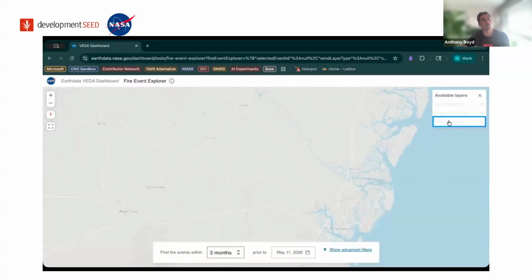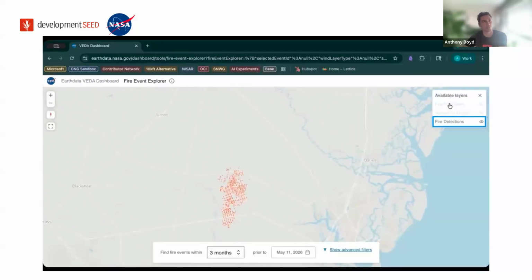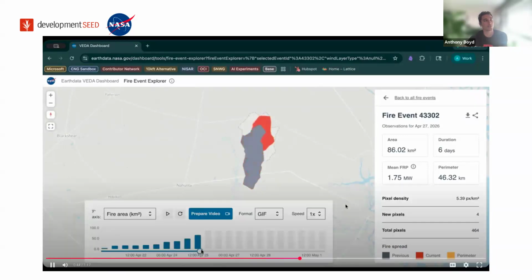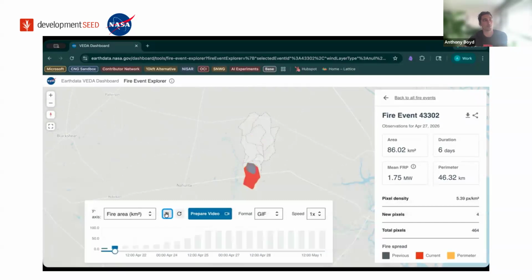Some of the layers that Zeb was just talking through, I can really easily turn on or off and see it update live. Now when I click into a specific fire, this is where I can see the fire perimeter change over time. I can just let it play and see it grow over time.